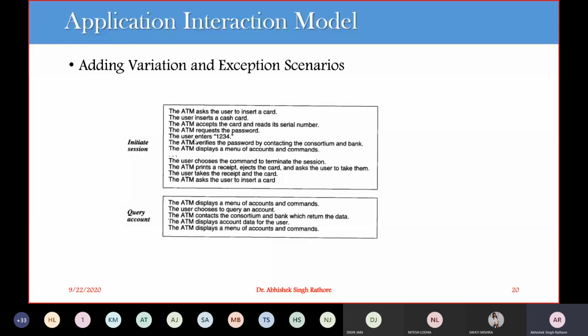Then your user enters his password, let's say 1234. Then the ATM verifies your password and contacts the consortium and bank to make a log that a particular user is logged in to your system at a particular instant of time. Then the ATM displays a menu of account commands. Okay, fine.